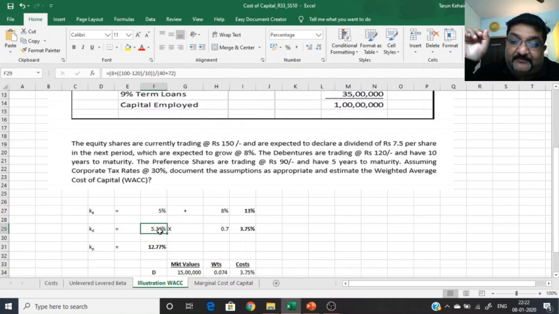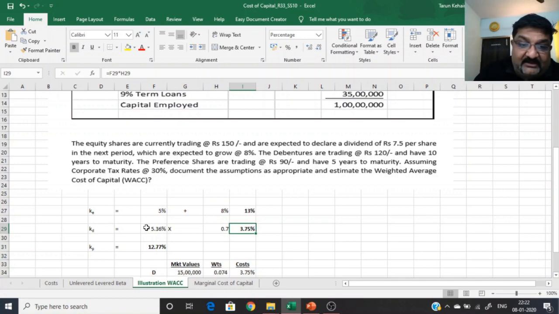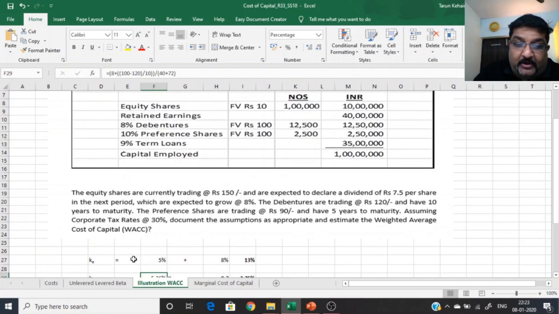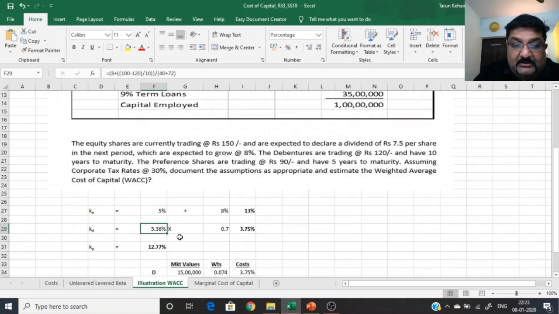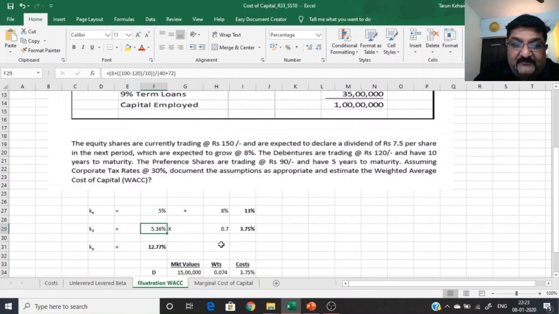Now, even though it is 5.36%, what you should be considering is the post-tax cost of debt. So we will multiply this by 1 minus TR, which is 1 minus 0.3, since the corporate tax rate is 30%. And we get the post-tax cost of debt to be 3.75%. Note, if we had taken the cost of debt to be 8%, which is the coupon, we might have wrongly estimated the cost of debt, because even though the coupon is 8, given the current prices of the debentures, the effective cost of debt is only 5.36%, which is measured by yield to maturity. And when you take the tax effect, the net after-tax cost of debt is actually 3.75%, which is relevant for